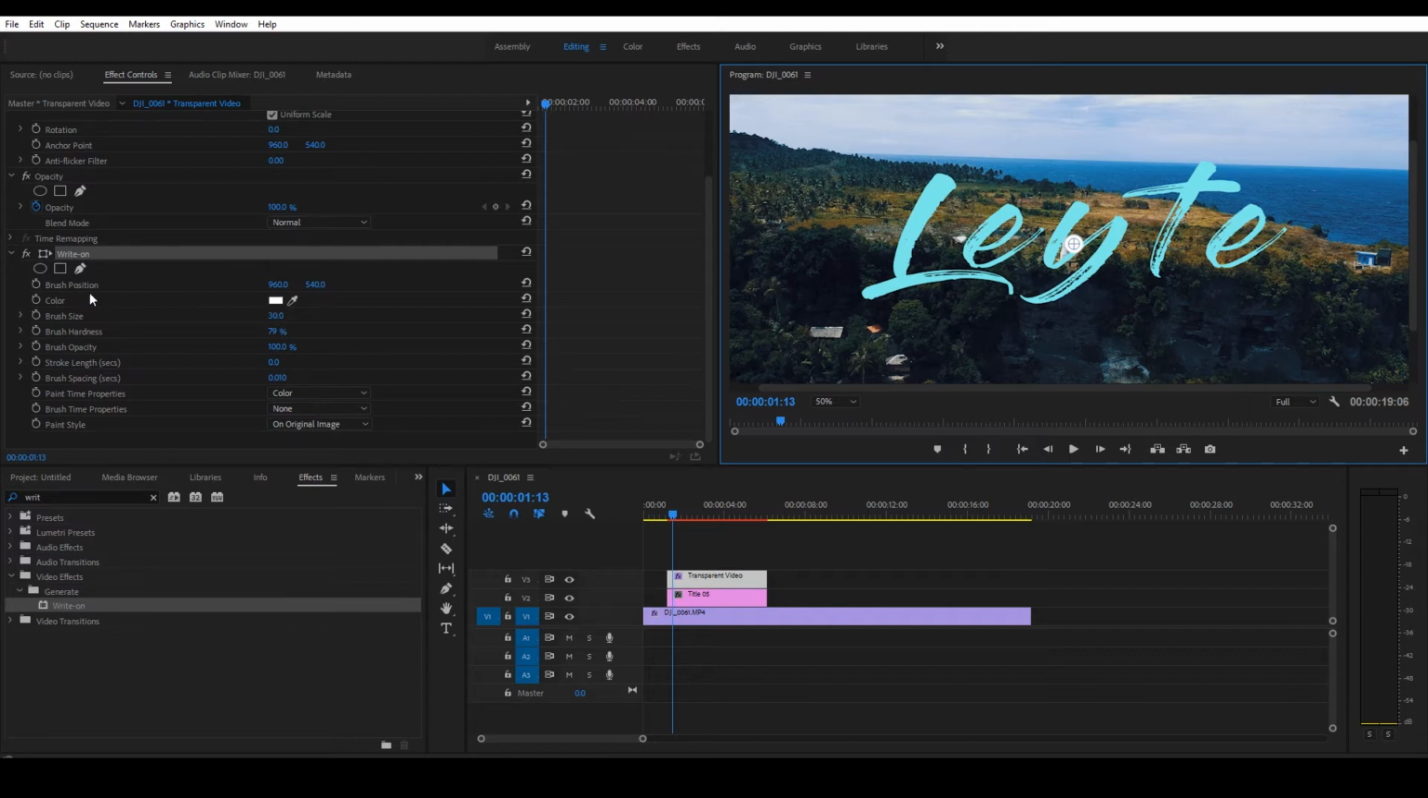Okay, and then let's change the stroke length. So let's put for now 4 seconds. So pwede naman natin siyang edit later. So brush spacing would be 0.002. Let's just use 0.1. Okay. And then after that, then drag na natin yung,